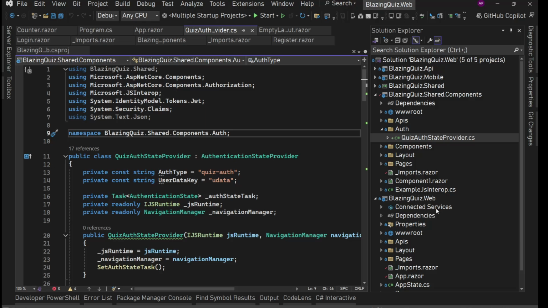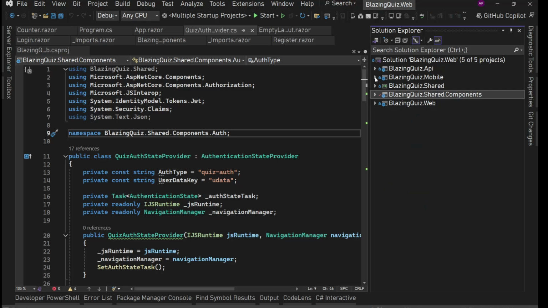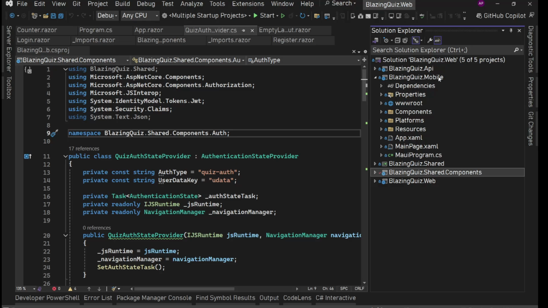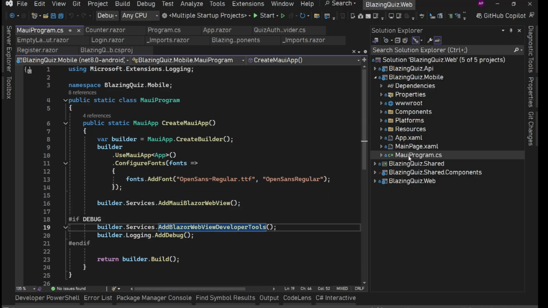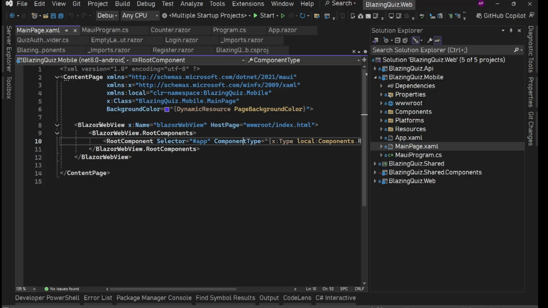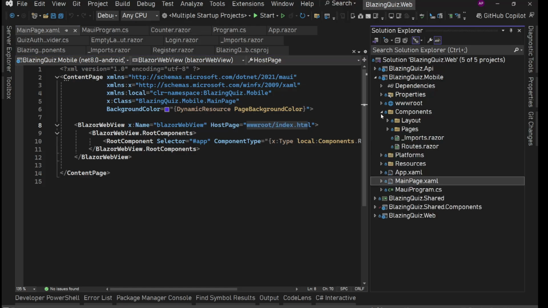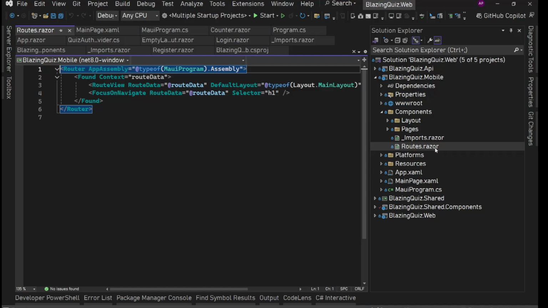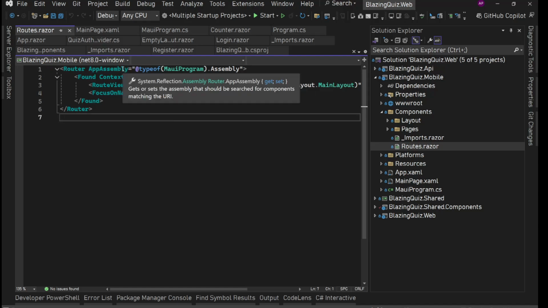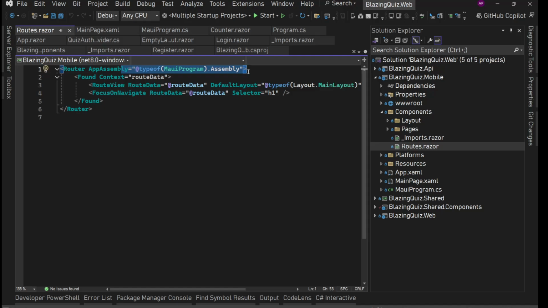Now, when we have these login and register pages working in our WebAssembly project, let's get these working in our mobile application as well. So in this mobile app, right now we have MAUI program. We have main page.xaml where we have our Blazor web view, and the main entry point is index.html. From that index.html, we are calling routes.razor in the components folder. So routes.razor has this router. Same thing applies here, that it will not be able to figure out the login and register URLs,